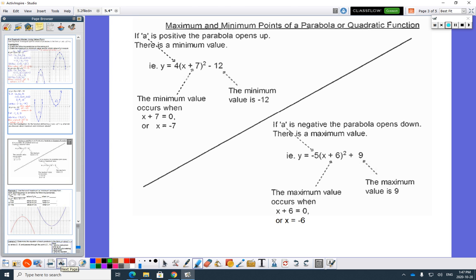Okay, so again, this is a summary slide. So if you have a positive A value, then it's a minimum because it opens up. So we say the minimum value is the Y value when X equals whatever. And then if it's negative, then it opens down. That's a maximum. So the maximum value when X equals